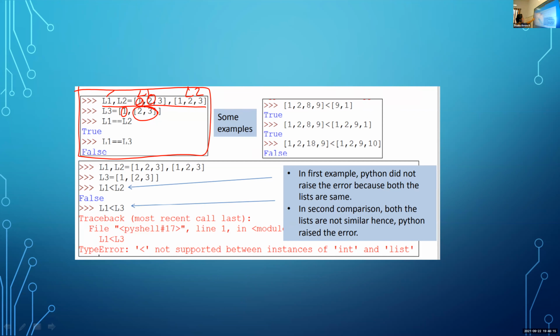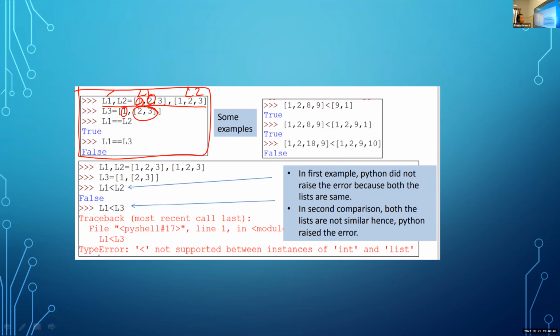But in the case of the next statement, L1 equal to L3, the first values are okay, 1 and 1. But the second value of L1 is 2, and here the second value is a nested list, 2, 3. Two values are there. So it is not equal. So the result is false.